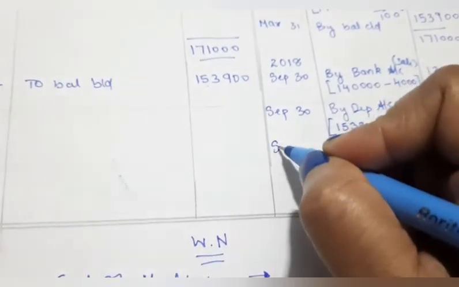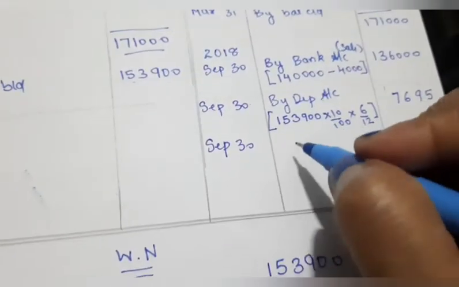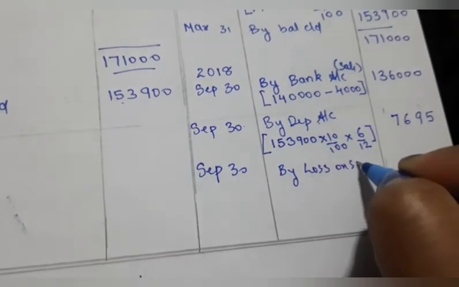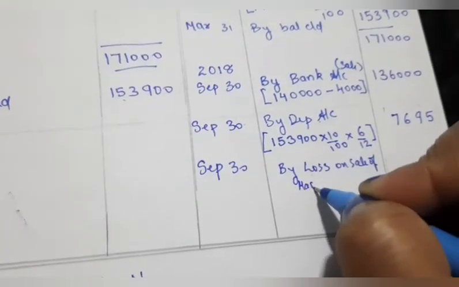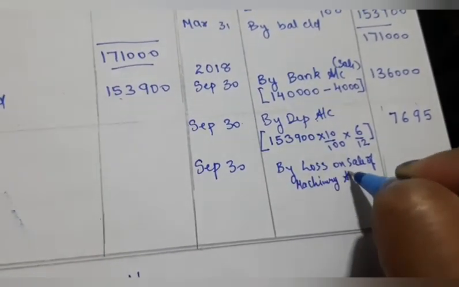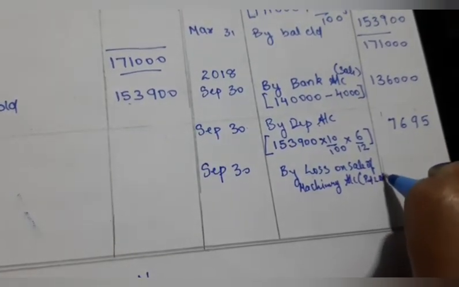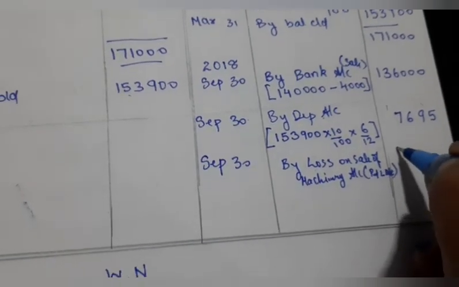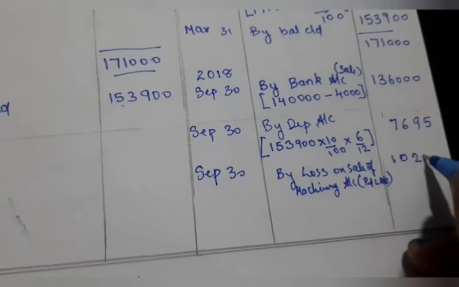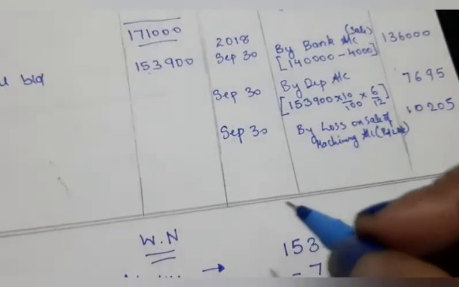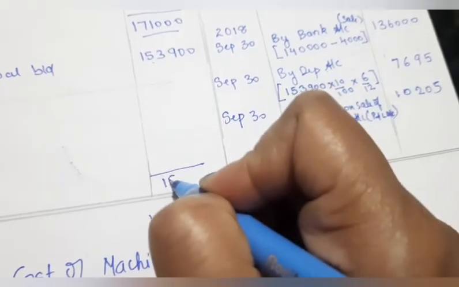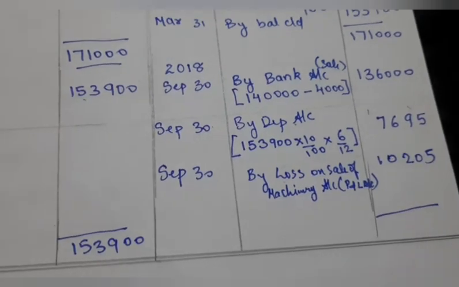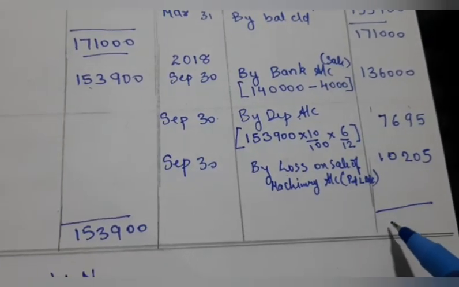Again write down September 30th, by loss on sale of machinery. And you will transfer this loss to the profit and loss account, so in the bracket you can write profit and loss account. So how much was your calculated loss? It was 10,205. Now just make a total of this side. It's 1,53,200. And this side, how much will you get? Just find out. You will get that this amount is also